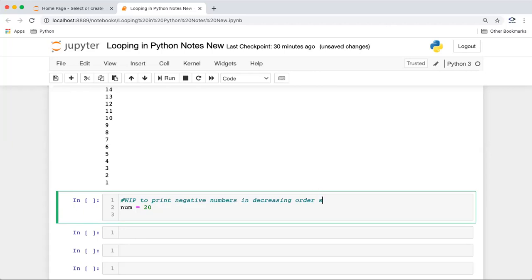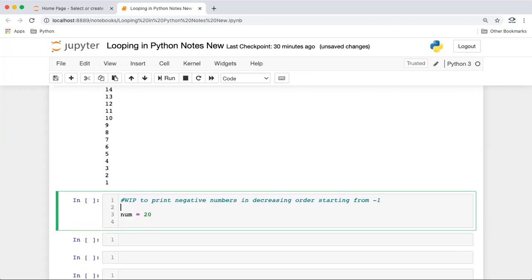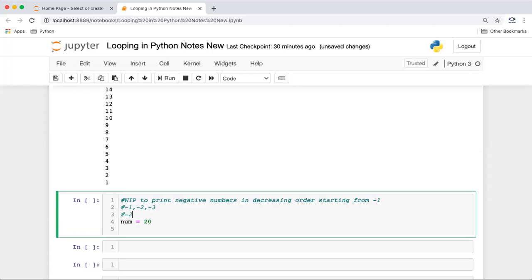So it will be decreasing order, starting from say -1. So guys, if I ask you the negative numbers from -1 in decreasing order, what is the value? How will it go? Will it be -1, -2, -3 like this? Or will it be -20, -19 and so on till -1? Which one will be right? So this will be the decreasing order, because we know, right, for negative numbers,